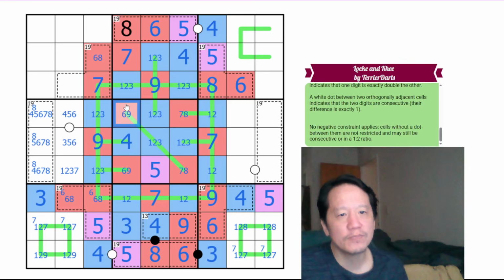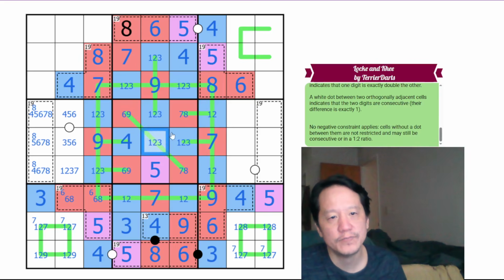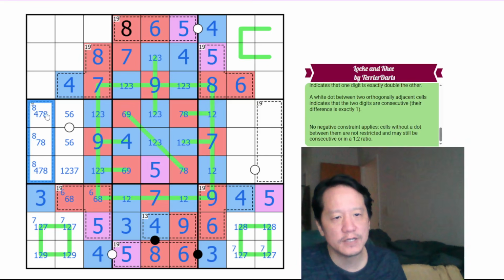And it cannot be 6, 7 here, because that would require 6 there. So this has to be 8, 7, and 4, which means that's a low. 4 eliminates 4 and 3 as a possibility here, so this is 5, 6 as a pair, which eliminates 5, 6 in the rest in this cage here, so it's 4, 7, 8, which eliminates 7 here, so this is